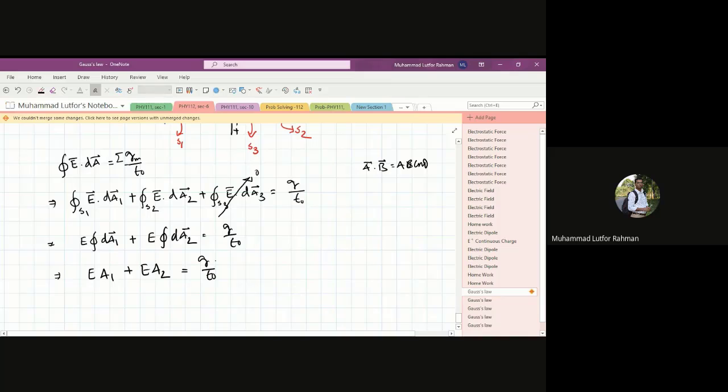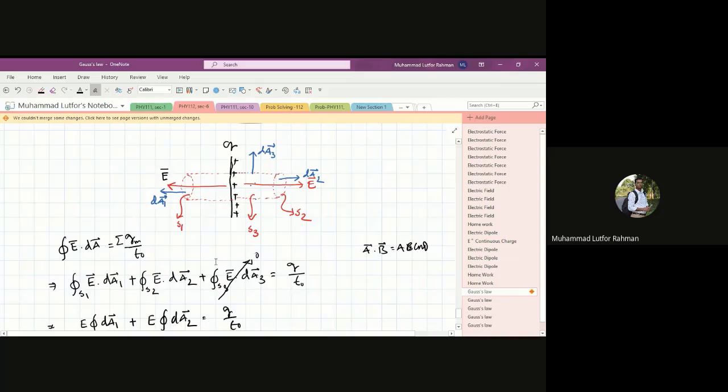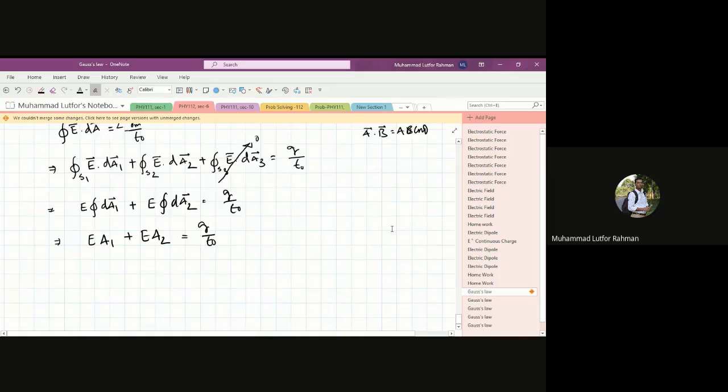But since we choose the same Gaussian surface on both sides, the area of A1, A2, and A3 must be equal, right? So then we can write EA plus EA equal to Q by epsilon naught,